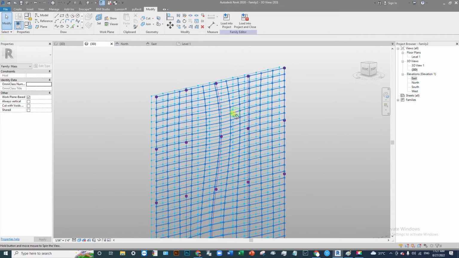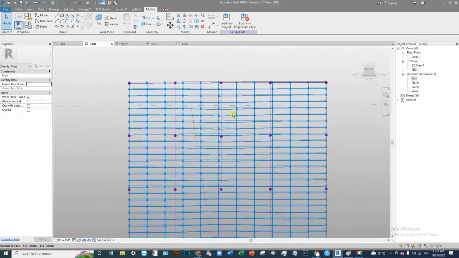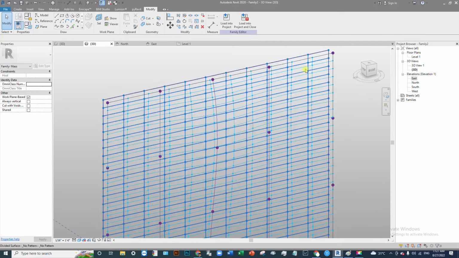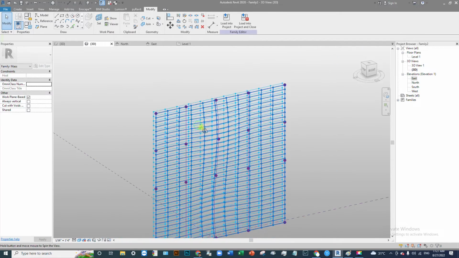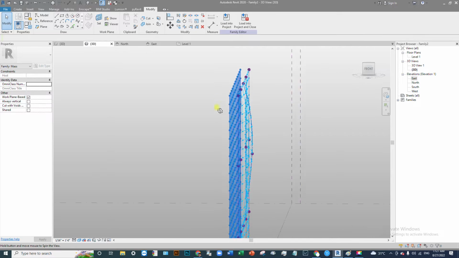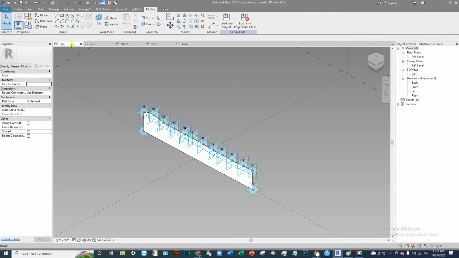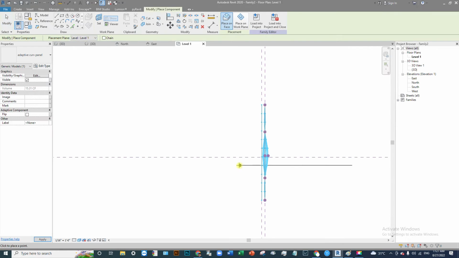Then just check it out again, 1 2 3 4 5 6 7 8 9 10 11 12, 12 point. Okay, and just go to adaptive point, load this point. Okay, we will place it and go to 3D